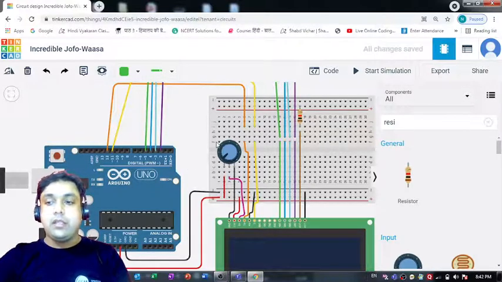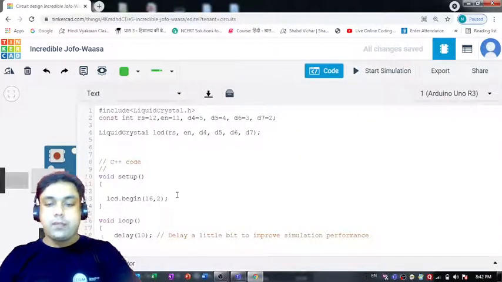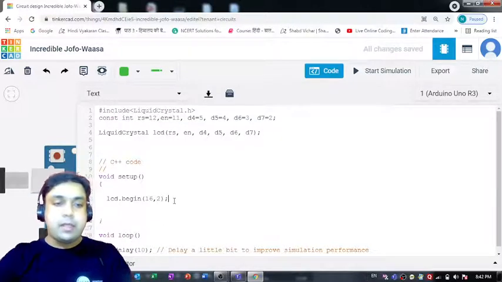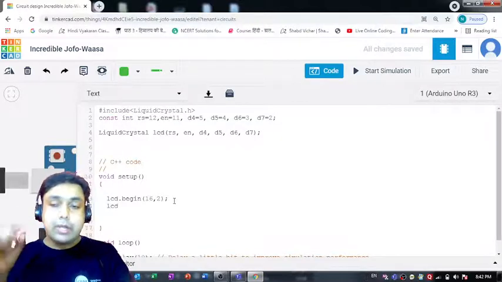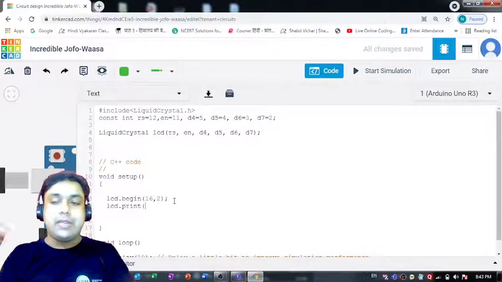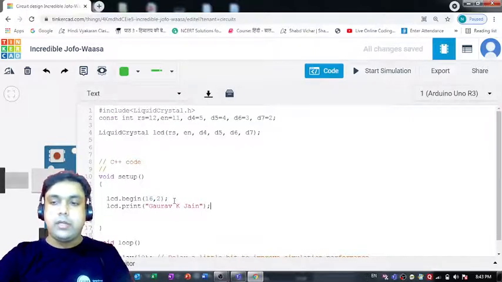It's the question which I would like to ask you. Why have I done this? You have to answer this to me. And then what I would like to print on the LCD, that's what I can define inside the print function. So I would like to see my own name getting reflected, and then we can put a semicolon to terminate the line.